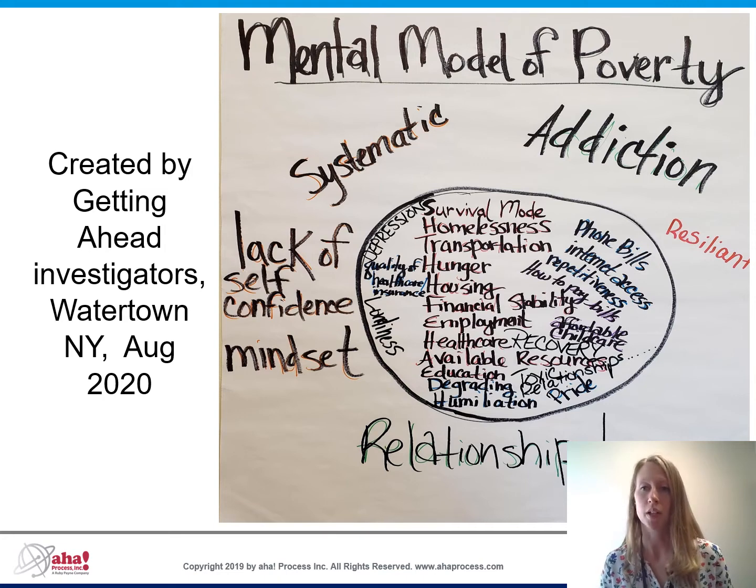To give you a more local example, this is a mental model of poverty created by Getting Ahead investigators in a workshop held at the Watertown Urban Mission. Getting Ahead is a 16-week workshop series where people living in poverty come together and investigate poverty in their own lives and communities. They are given the space to get out of the tyranny of the moment, even for a few hours a week, and envision a future for themselves, and they make plans to achieve that future. Take a moment to digest this. What feelings do their word choices evoke?